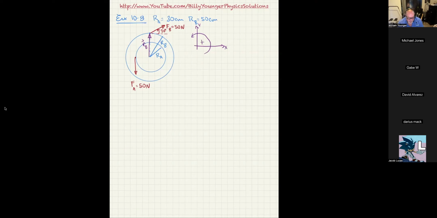We're saying counterclockwise would be a positive torque, and this FB is a clockwise torque, so that's going to be a negative. So now I can go ahead and say the torque B is equal to RB, because that's the radius, which is, of course, 50 centimeters,